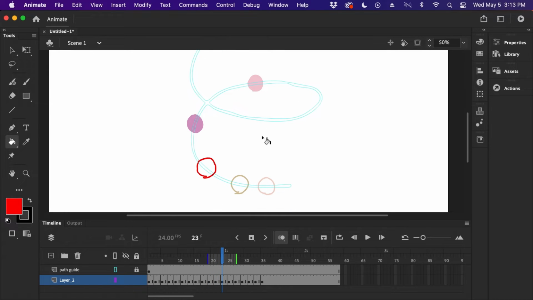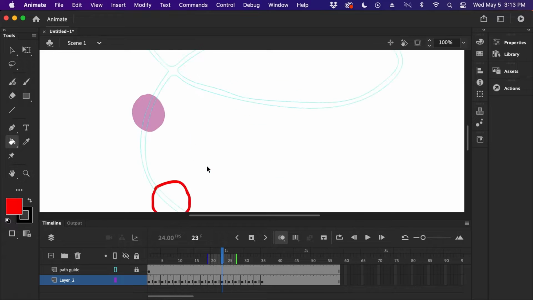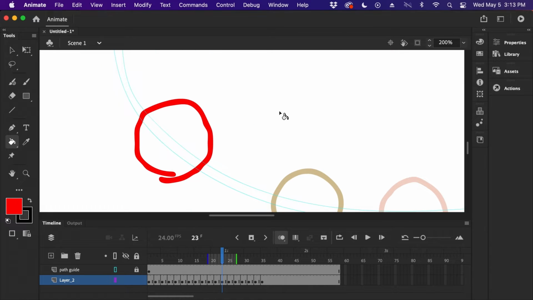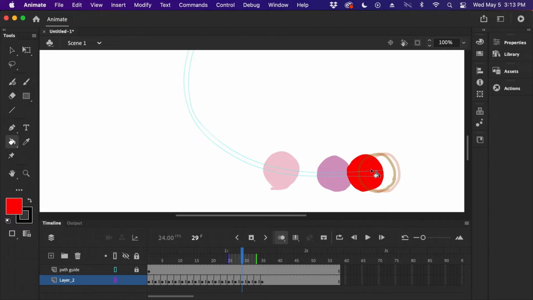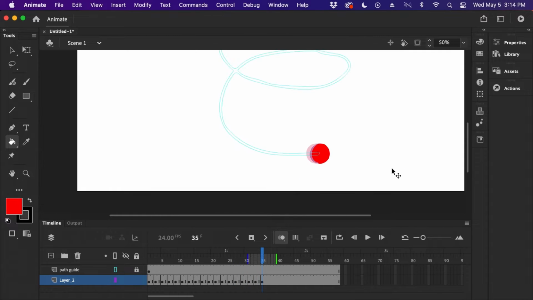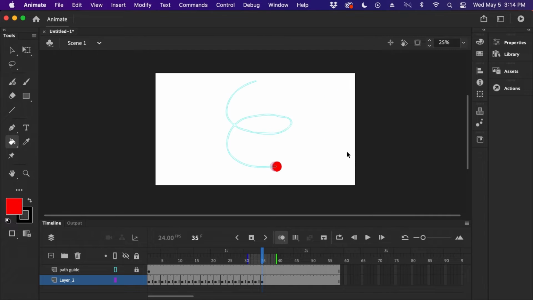For example here, I can't do that because if I zoom in, it's open. We need to close this. Again, this one too. So we're done. Let's have a look at our animation.